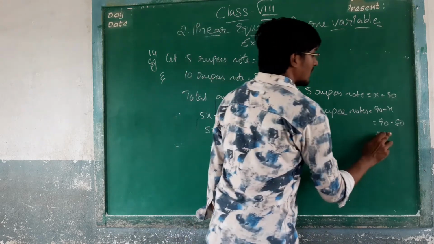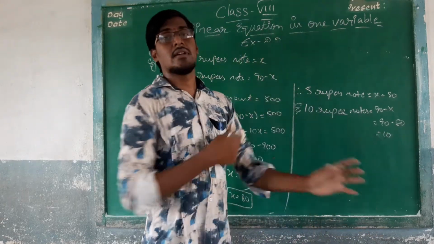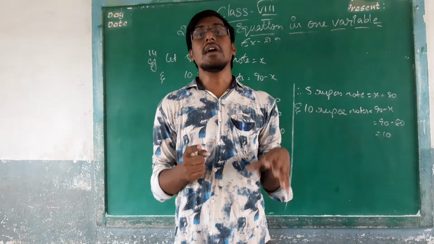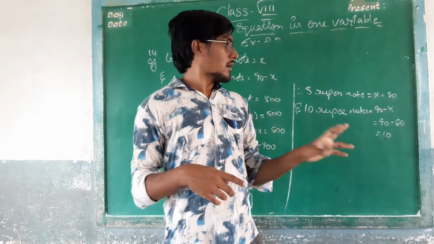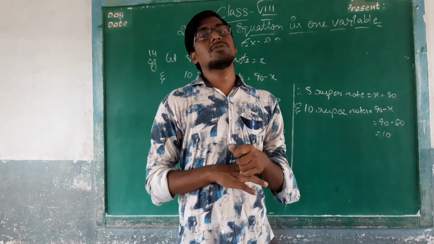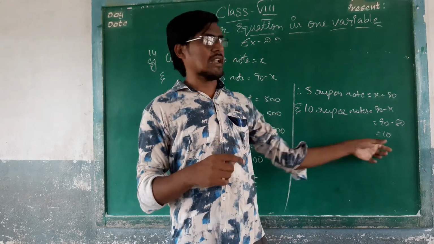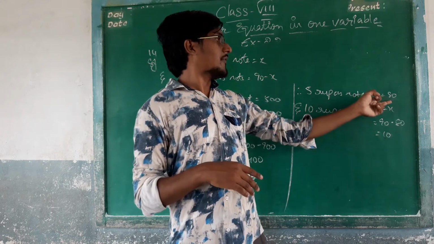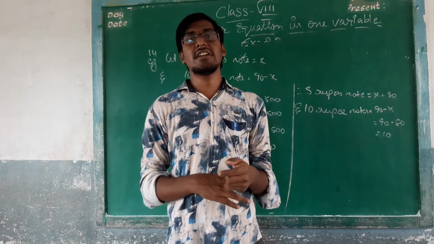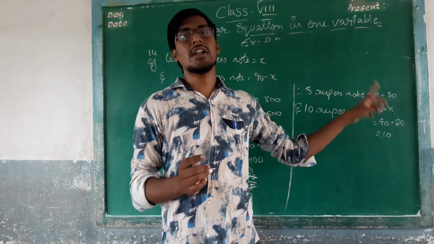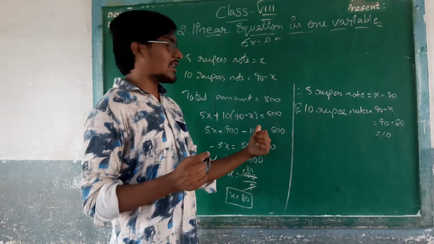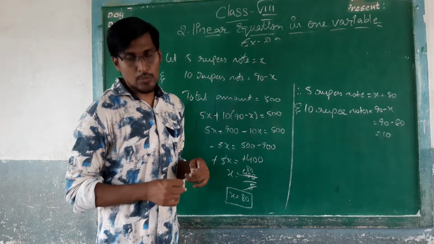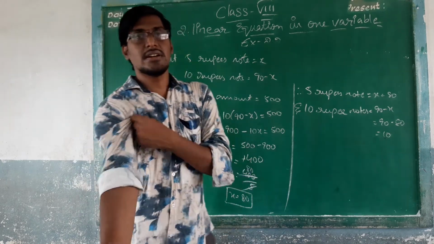So total I have 90 notes. Okay, so the 5 rupees notes are 80 notes, and I had 10 notes of 10 rupees. 10 rupees notes means 100 rupees, and 5 rupees notes is 80 times 5, which is 400. Okay, 400 plus 100, 500. The total denomination is 500. It is clear. Okay, so next move on to the 15th sum.